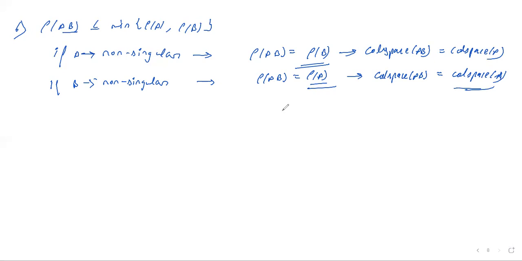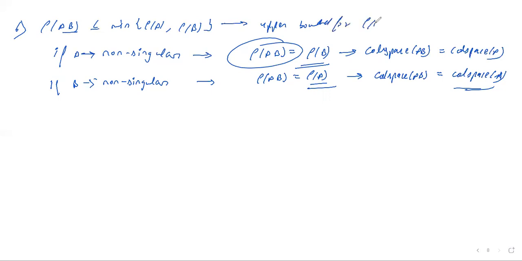The column space dimension is basically the number of linearly independent columns, not rows actually. And here rank is also the maximum number of linearly independent columns in a matrix A. So I can write it like this also. This is my upper bound